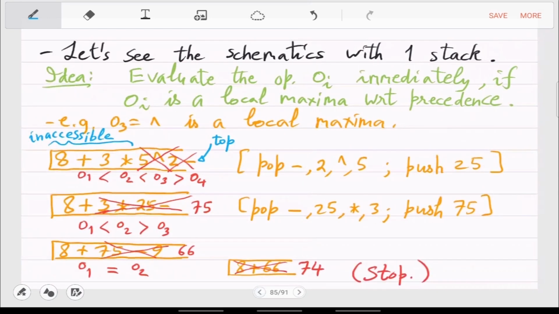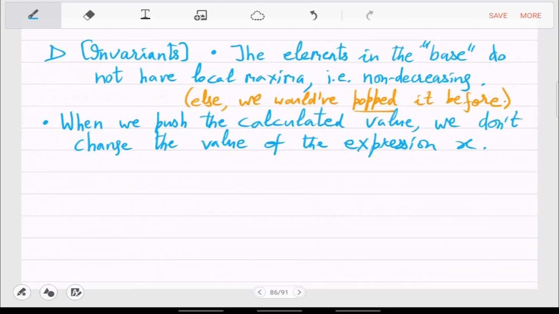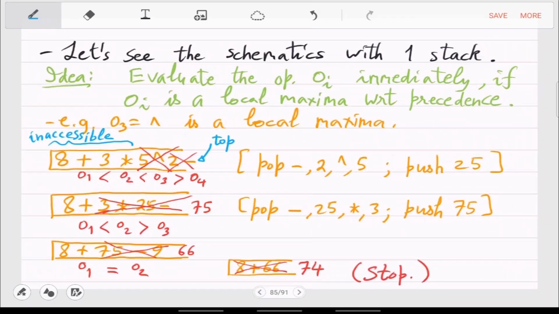So x was the given expression. Now, for example, in this dry run, when we decided that we'll replace 5 square 5 wedge 2 by 25, at this point you have to show that the expression that you have is exactly equal in value to the input expression. So how do you prove that? Why is that correct?